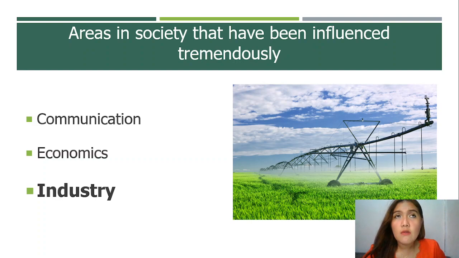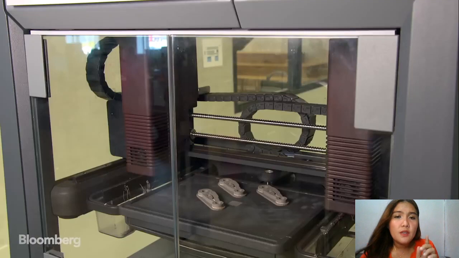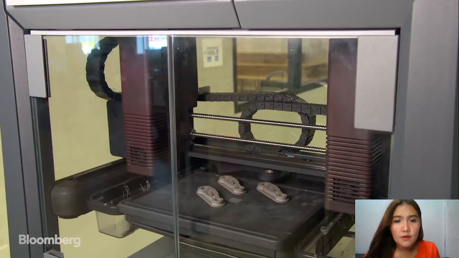Before, the only thing used in making baskets was buli. Is it buli? Buli or buri, I don't know. Anyway, that or banig, which is biodegradable. Now, what is used is silicone, plastic, metal, and whatsoever that takes a very long time to degrade. So it leads to pollution and climate change. So that is the negative impact. So this is the 3D printing I'm talking about. So, this is an example.